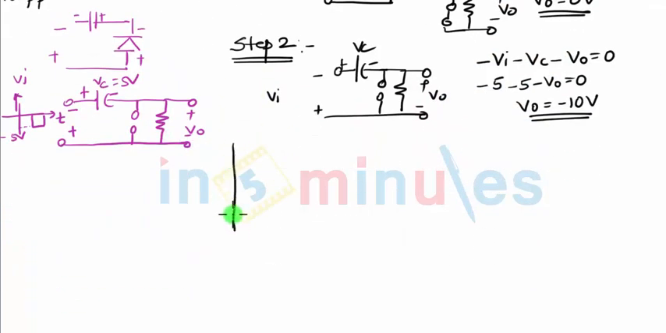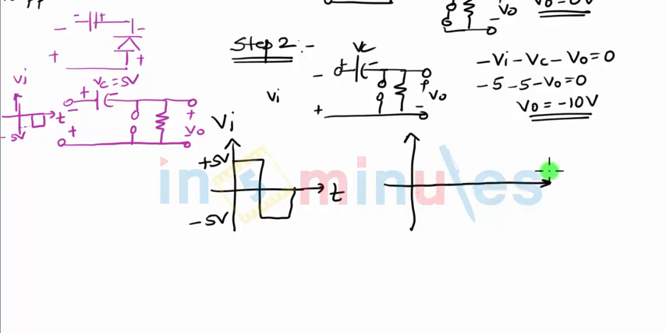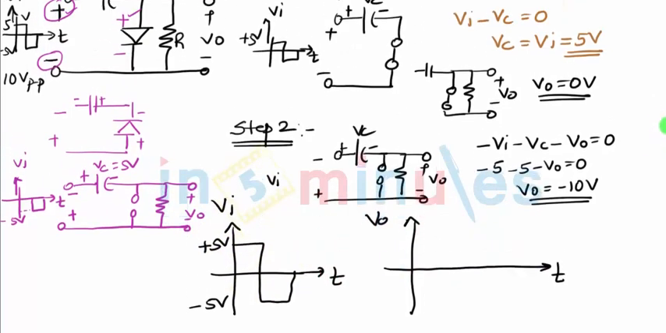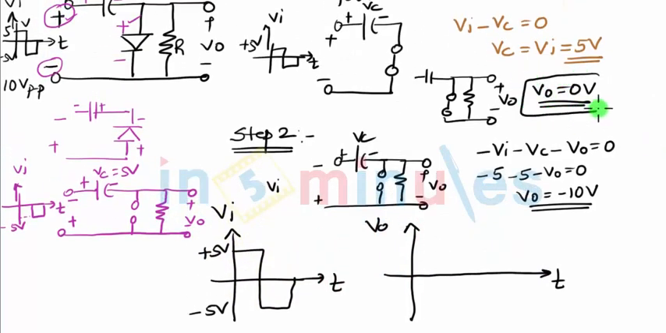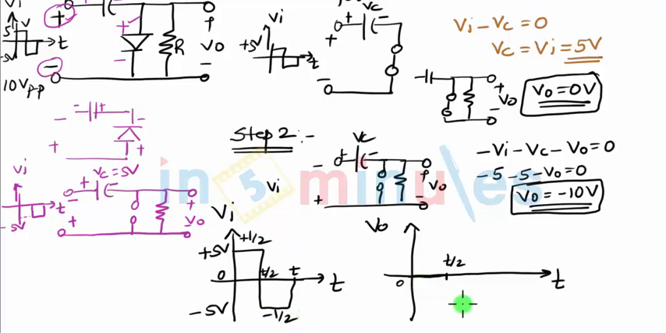Now when you draw your input waveform, it is Vi with respect to T, plus 5 volts and minus 5 volts. When you draw the output waveform with respect to T, you have output voltage VO. In the positive half cycle, from the analysis we have drawn, you are getting VO as 0. Suppose I say this is 0 to T by 2 and T by 2 to T. So from 0 to T by 2 you are getting VO as 0, and from T by 2 to T, that is, this is your positive half cycle and this is your negative half cycle. In the positive half cycle you are getting 0, and in the negative half cycle you are getting minus 10